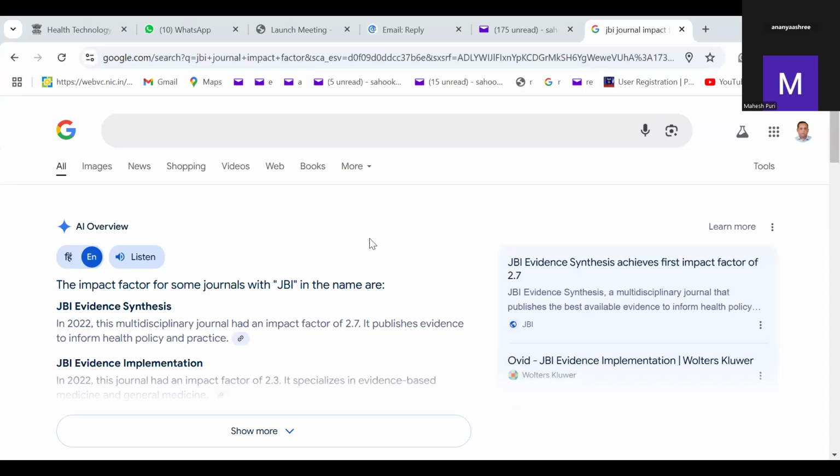So let us see the website directly. Let me share my screen. Is my screen visible, Abhinav? Yes, sir, visible. Okay, so what I suggest, you can write